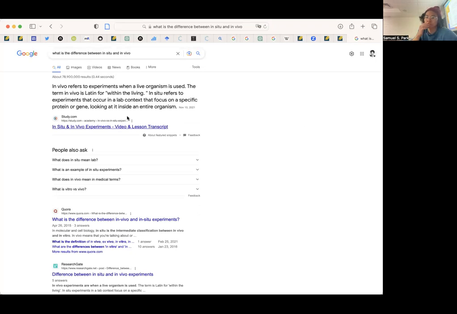Yeah, that's what I was thinking. So I think the difference would be like, in situ is like a histological slide. Like you take a biopsy from a person and then you fix it and then you stain and do all sorts of stuff to it. Whereas in vivo is like, I mean, there's a lot of debate over what is the difference between in vivo and in vitro, but I would say